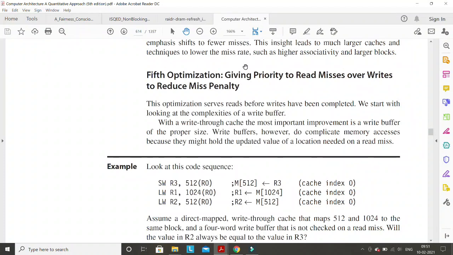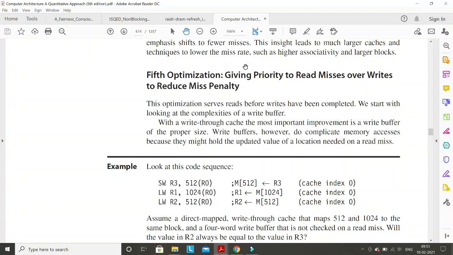Whatever question I ask will be from up to the fourth optimization, and some subsections I have told you about, for example the out of order subsection and the example of cache. These two subsections you can skip because I'll not ask any question from them.